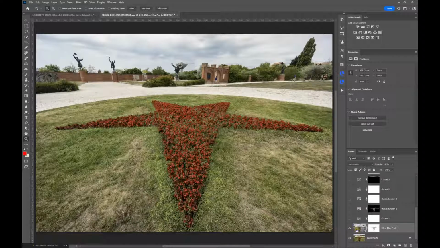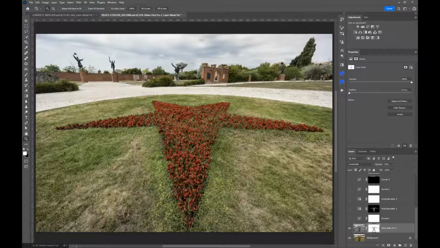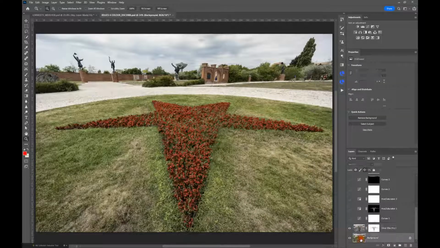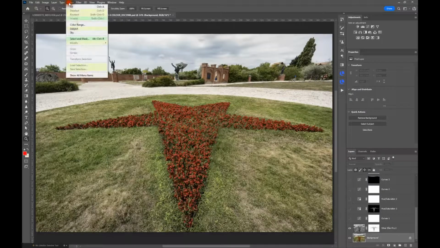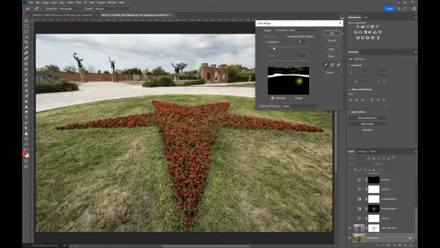You'll see here that I've used one of the filters blended to luminosity and with the opacity dropped back, and I've just used that to enhance some of the detail. Now the important thing here was I felt that the red flowers were a very important part of the image, so I made a selection of the color range to isolate that from the background, and simply we would go up to the select color range tool and we can just sample the colors, and we just have to make sure that we pick those